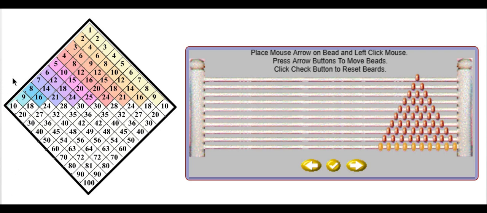Okay, here we have a multiplication table turned in its diamond orientation. Now this multiplication table has also been referred to as the Pythagorean abacus. Now, if we look at the upper triangle of this multiplication table, we can see that we have